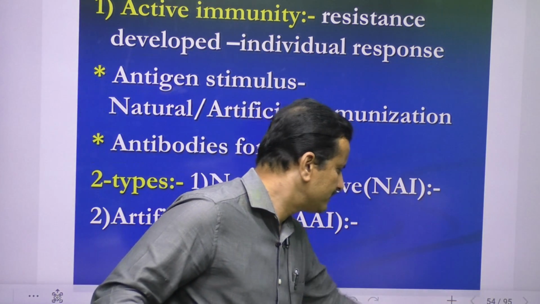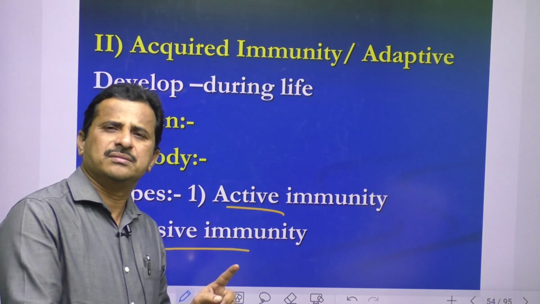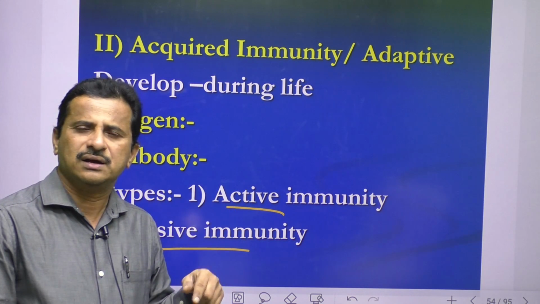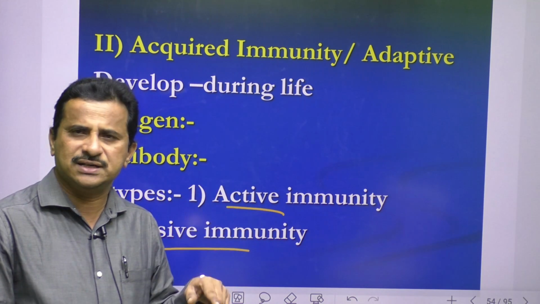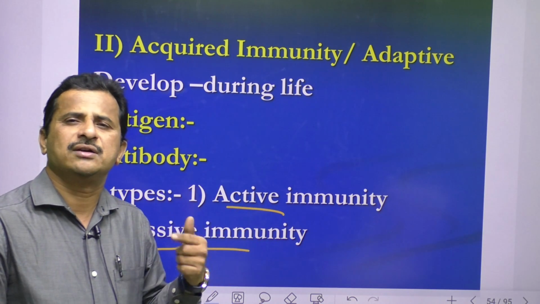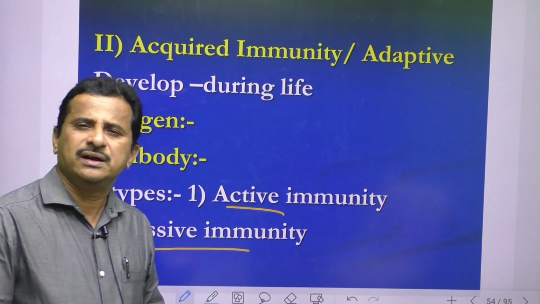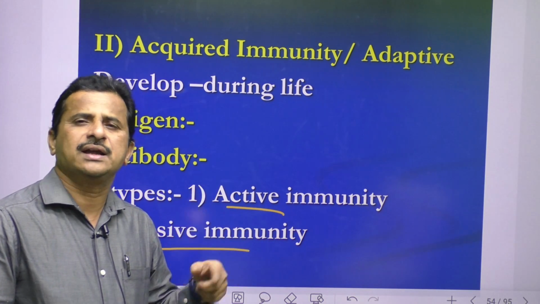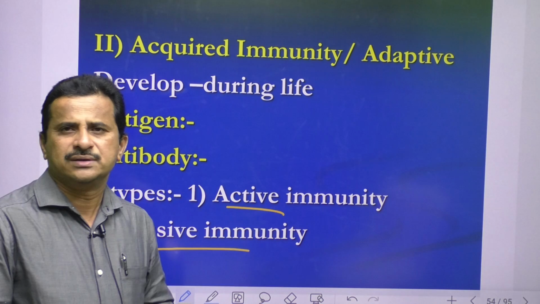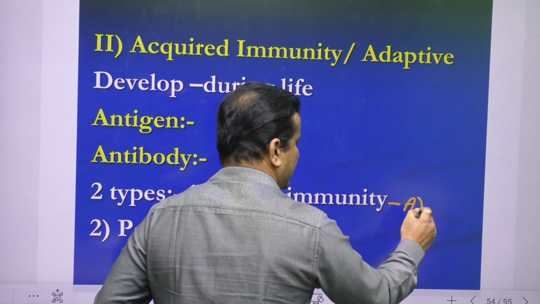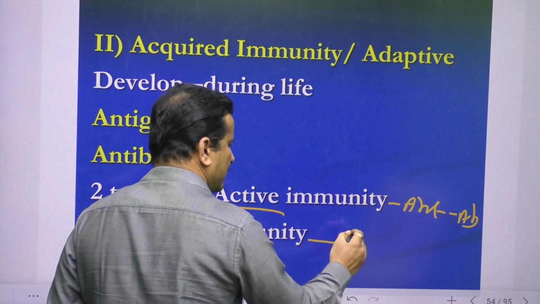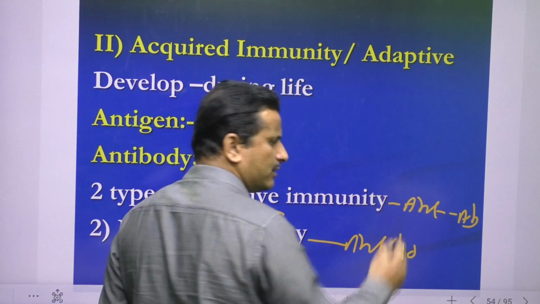In active immunity, antigens enter our body, through a natural or artificial method. In response to this, antibodies are developed and we develop immunity. In passive immunity, we directly take antibodies, or antibodies directly enter our body. In active immunity, because of the antigen, antibodies are developed, while in passive immunity antibodies directly enter our body. So again